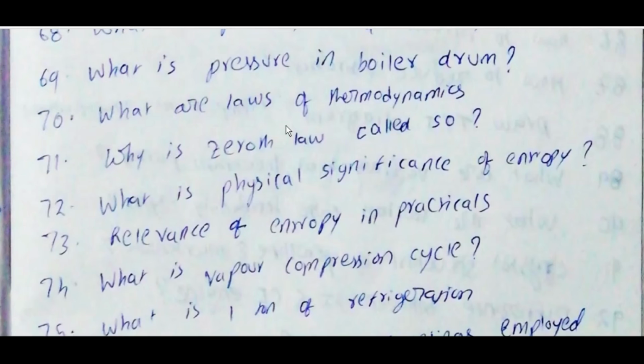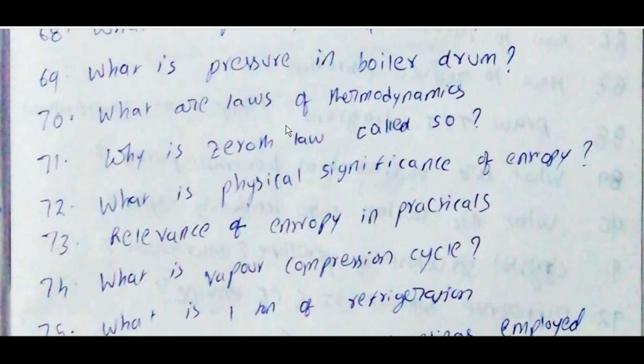Second law, Clausius statement: heat can never flow from a colder body to a hotter body without any other change, like work. Kelvin-Planck statement: it is impossible to deliver work by the sole effect of a device that absorbs energy in the form of heat from a single reservoir. Third law states that the entropy of a perfect crystal at a temperature of 0 Kelvin, absolute zero, is equal to 0.